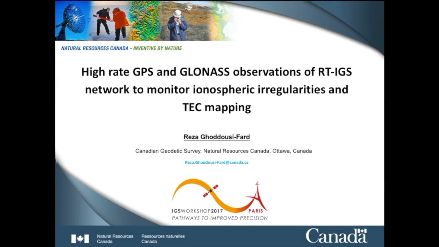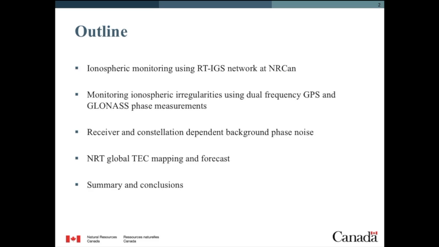In this talk, I'm going through the developments at the Canadian Geodetic Survey of NRCan on the use of 1 Hz GPS and GLONASS data of the real-time IGS network for monitoring ionospheric irregularities and TEC mapping in near real time. So I'll go through some of the major steps being taken for near real-time monitoring using the real-time